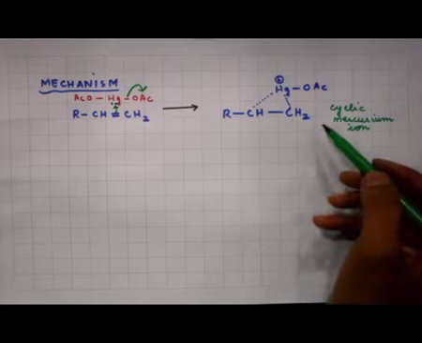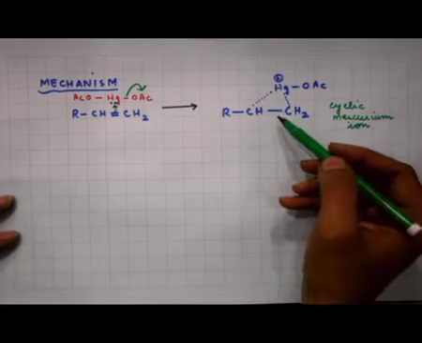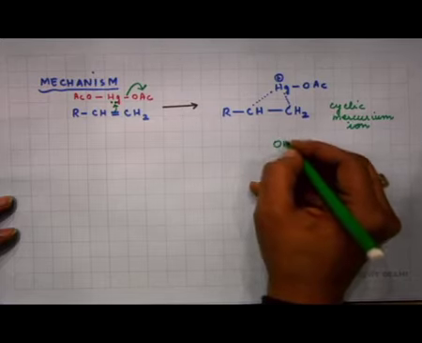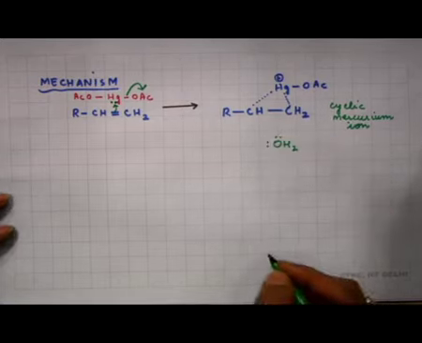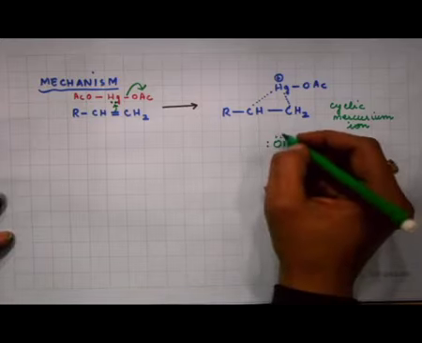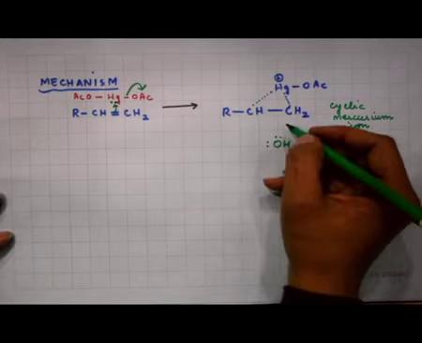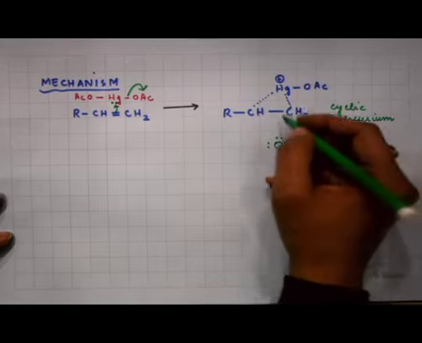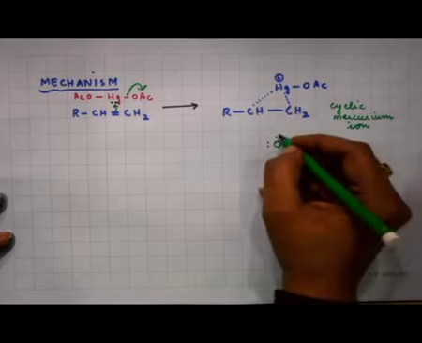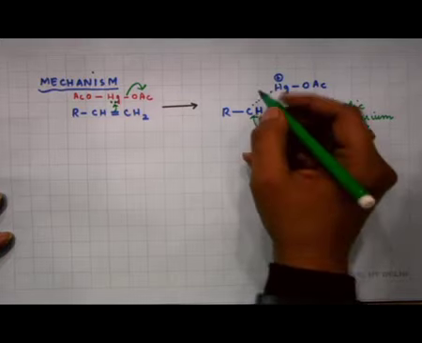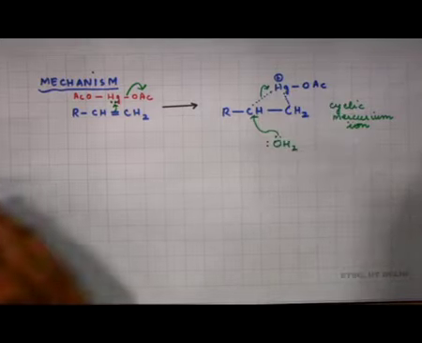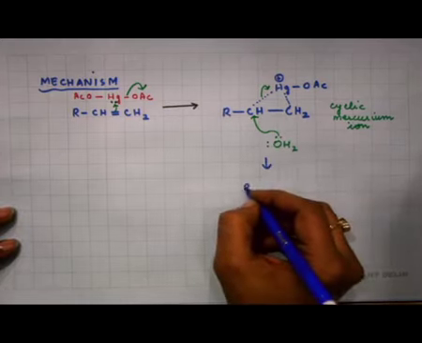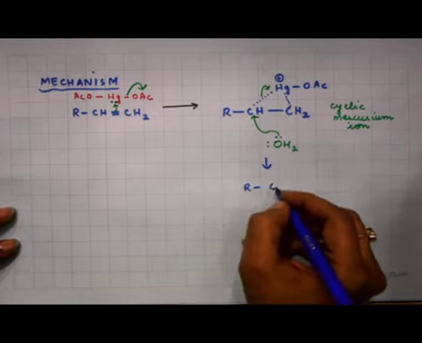So, you can see that there is a bridge formed on this side. Okay. So, the next step, which is the attack of water molecule onto this cyclic mercurium ion intermediate, now has to be from the side other than the side from where the bridge is formed. So, one side is blocked by formation of this bridged intermediate. So, the water molecule attacks from the other side, and this results in opening up of the bridge and formation of